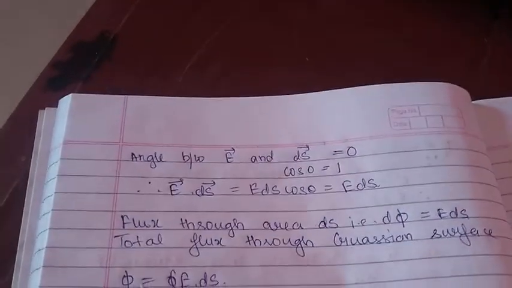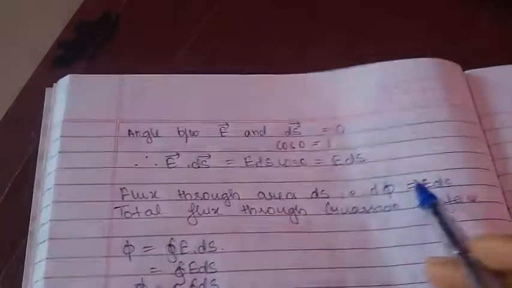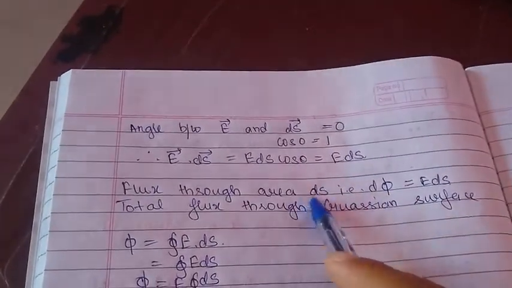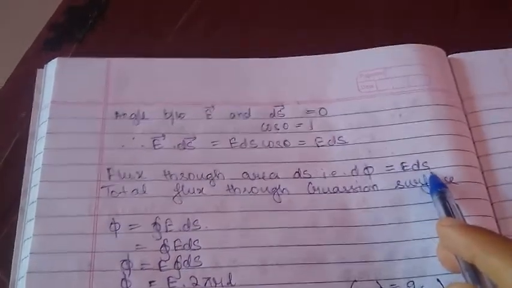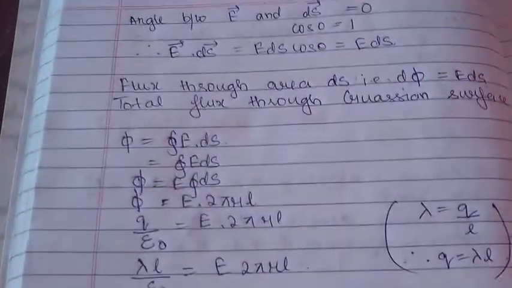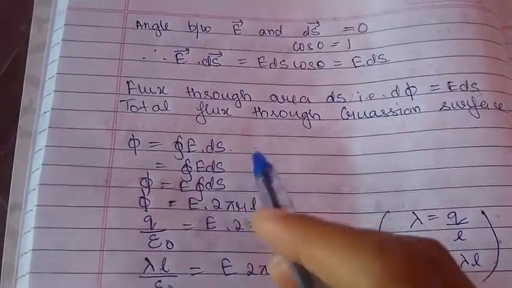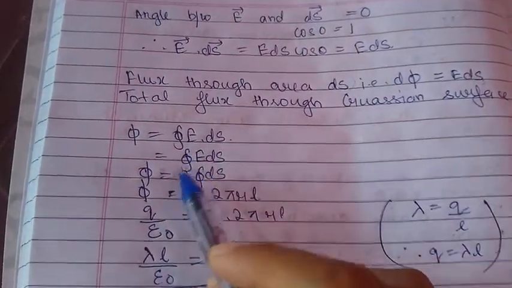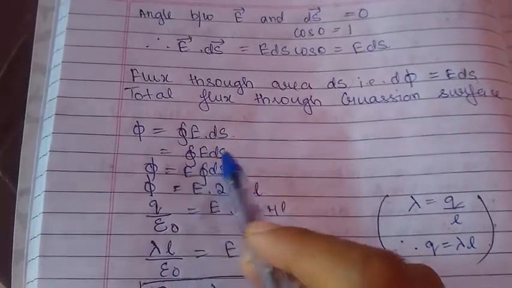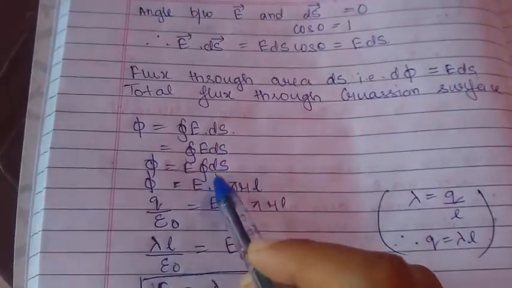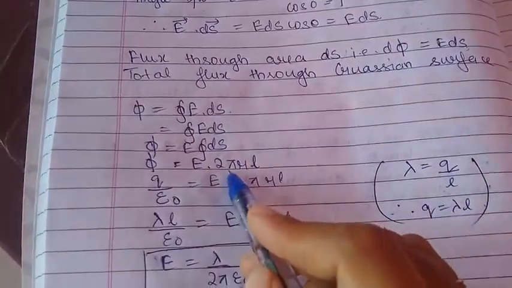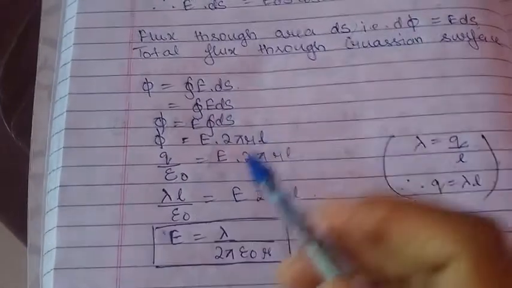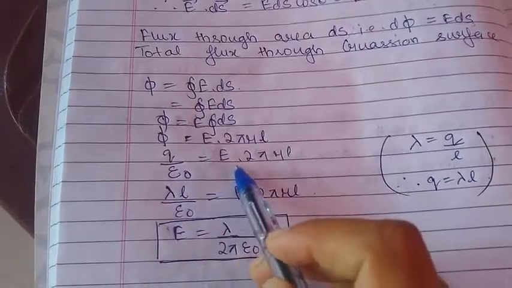Now applying the Gauss law here also, first you will consider the small area ds. In that case, the flux d phi is equal to E ds. Now if you want to find the flux passing through the whole cylindrical part, then you have to integrate this. So integrating E ds, you take out E as constant and integrate just ds. Now here the integral of ds is the surface area of that cylinder, that is 2 pi r L. Now from Gauss law you can write the flux as Q by epsilon naught. So Q by epsilon naught is E 2 pi r L.